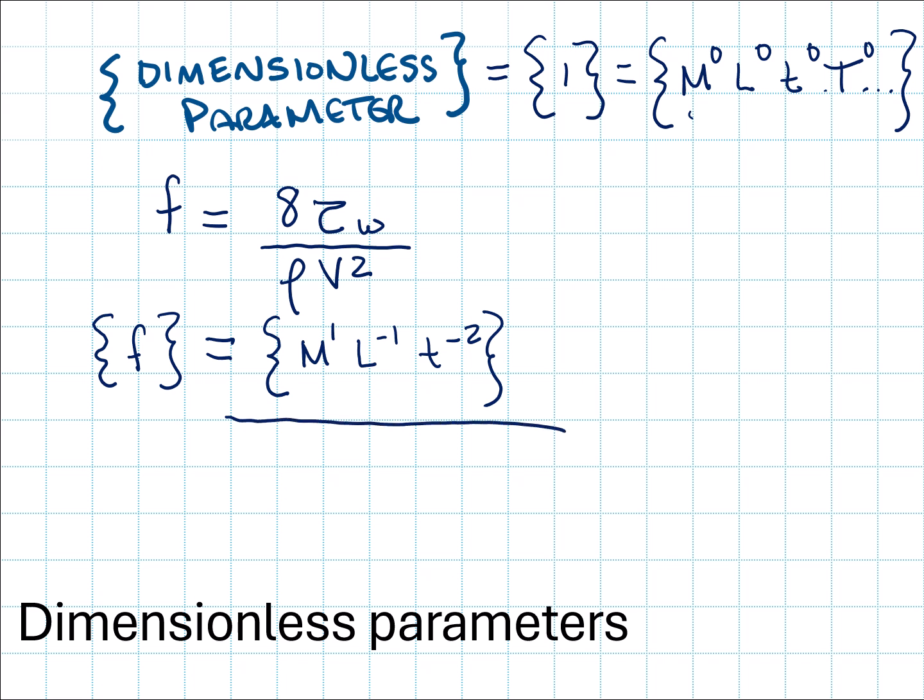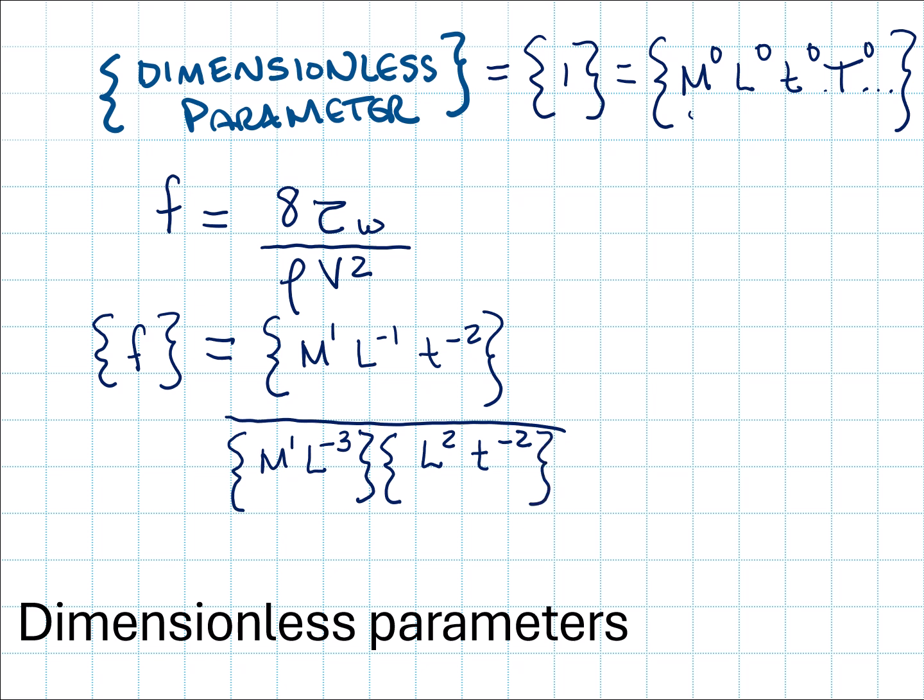And then on my denominator, I'm going to have dimensionality of rho, of density. So this is going to be a mass to the power of 1 multiplied by a length to the power of -3. Why is this? Well, because density is a mass per unit volume. Mass has dimensionality of mass to the power of 1. Volume has a dimensionality of a length to the power of -3. And then I've got my square of velocity. So of course I'm going to have a length squared, and I'm going to have a time to the power of -2